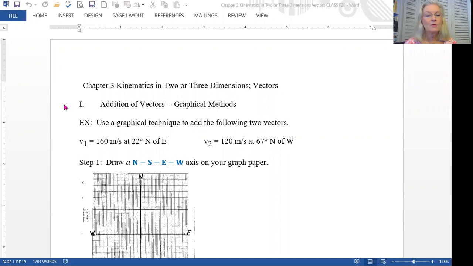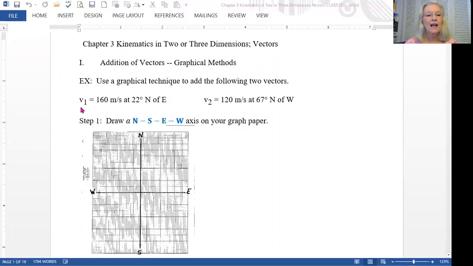So the first thing we want to do is everybody should have a piece of graph paper. You will also need a ruler that has centimeters marked on it, and you will need a protractor to measure angles with. So if you have all of your equipment together,